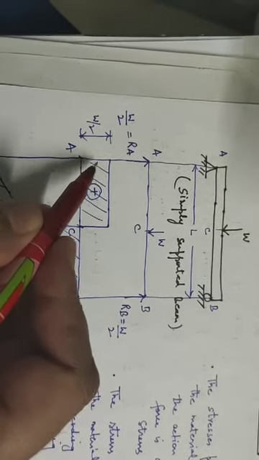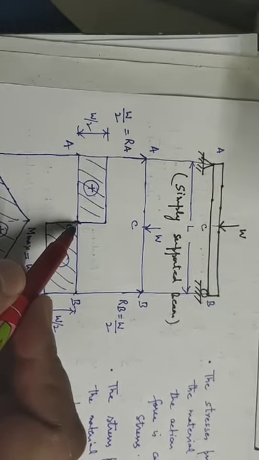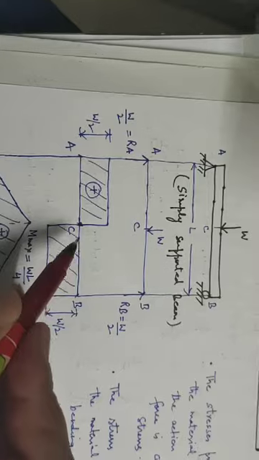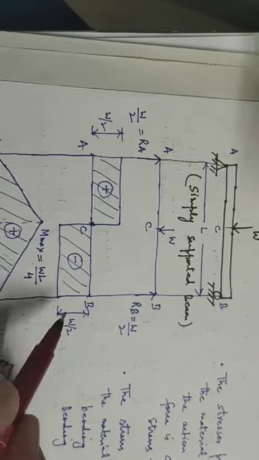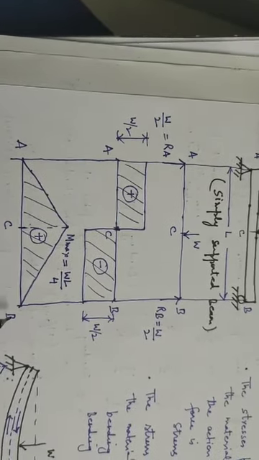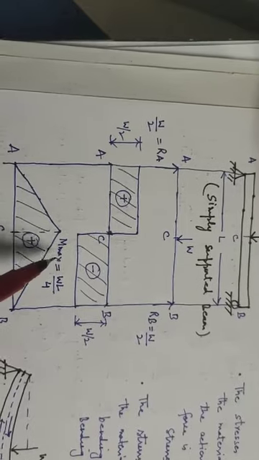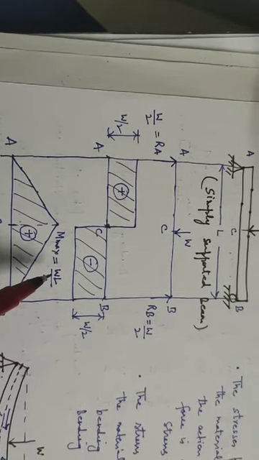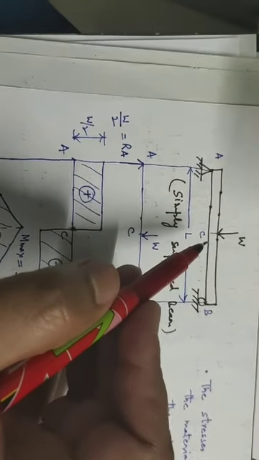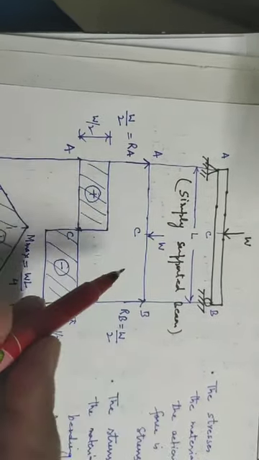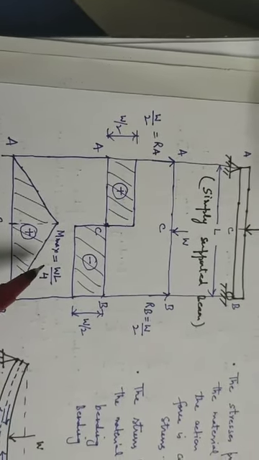Now this is the shear force from point A to C, and at point C the shear force will be 0, and from C to B again this is the shear force W by 2. Similarly, at point A and B the bending moment will be 0, and at point C we will have maximum bending moment, that is WL by 4. So whenever there is an external load on the beam, due to this load there will be shear forces in the beam, there will be bending moment in the beam.